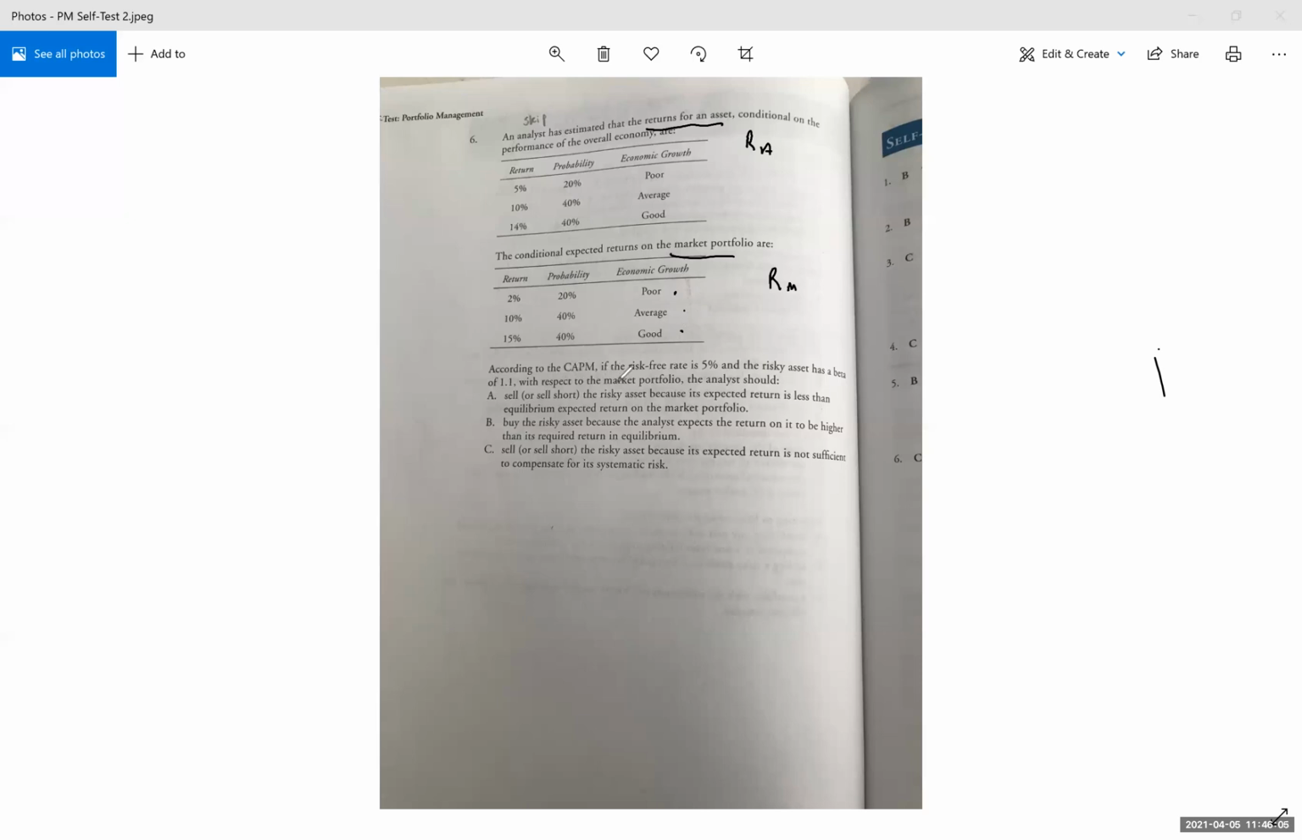So according to the CAPM, if the risk-free rate is 5% and the risky asset has a beta of 1.1 with respect to the market portfolio, the analyst should sell, and then it talks about why. They should buy, and then we talk about why, and then sell, and we talk about why. So if it turns out that based on the information we're given, we're going to buy, we don't need to worry about the why. We know that there's only one answer for buy, so we know it's going to be B. So we need to first make our determination for a buy or sell, and then we're going to look into how we're going to justify that